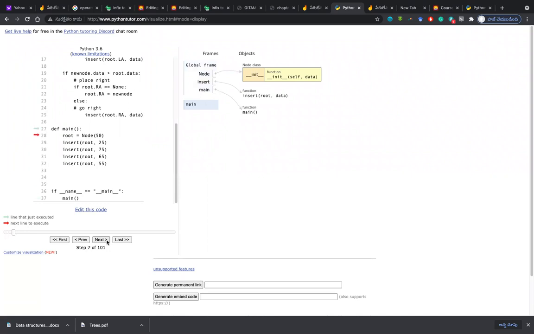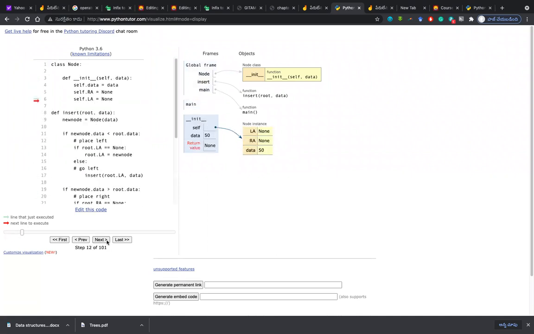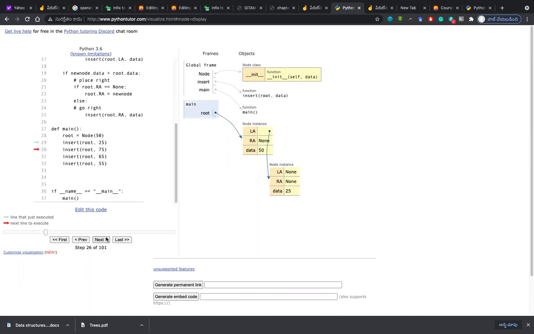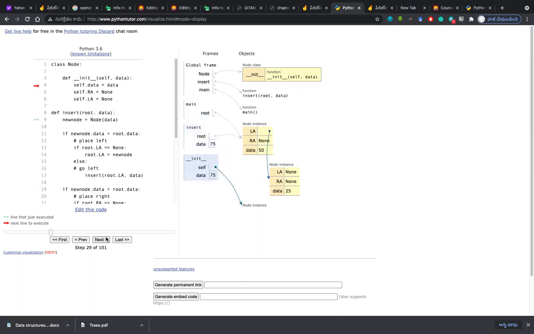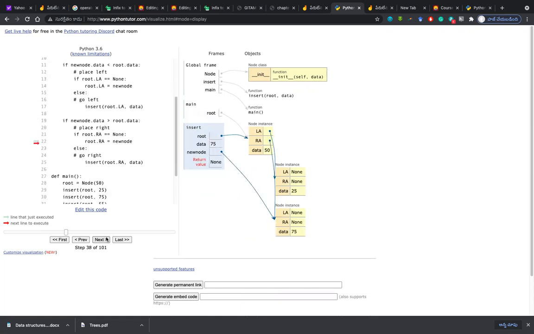Okay. So you got your first thing to be done and then 25. So 25 as a new node is created. Now it is satisfying the first condition, right? So it goes to line 13. Is it satisfying line 13? Yes, sir. Yes. So it will go to line 14. Yes. This is how it inserted. See the red arrow. Okay. Next. It will not satisfy and next it will come to 75. So 75 will be placed on the right side. So this is how, see the red arrow, it is placing on the right side.